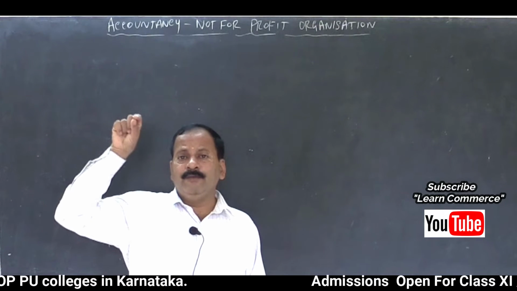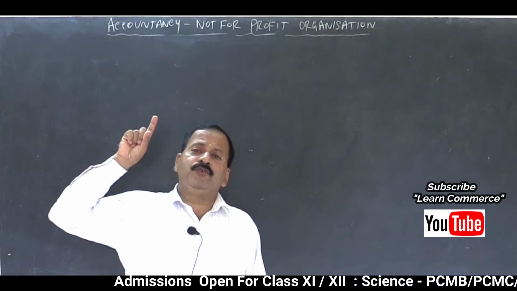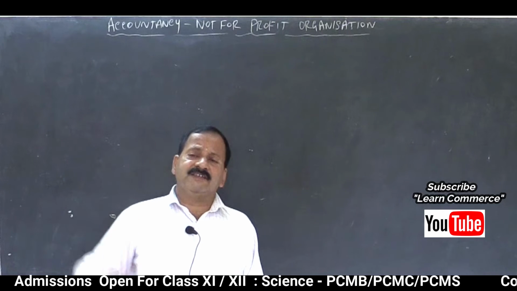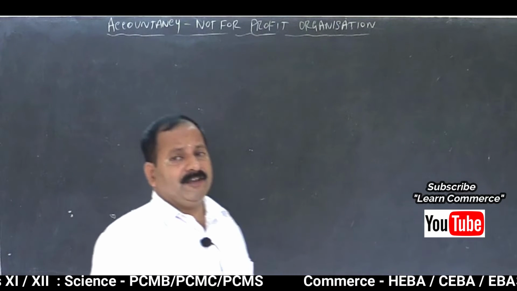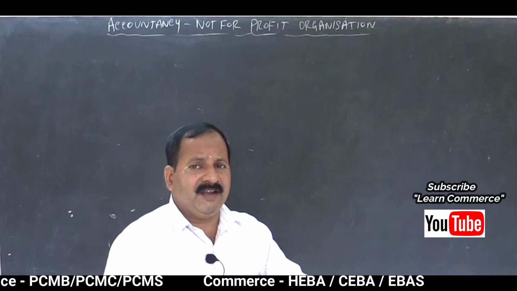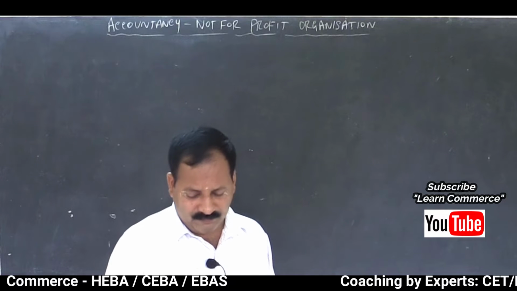Add outstanding 450, isn't it? And it should be shown on the asset side of the balance sheet. Fixed deposit is an asset, isn't it? So outstanding interest also should be added there together with the fixed deposit, and the total amount should be shown. Then